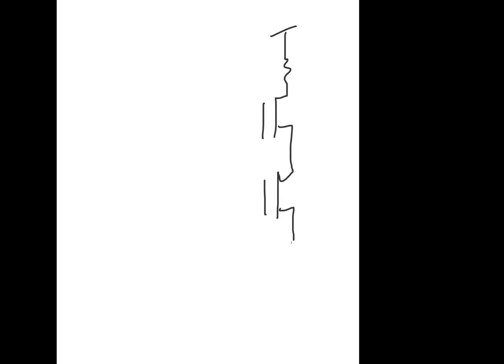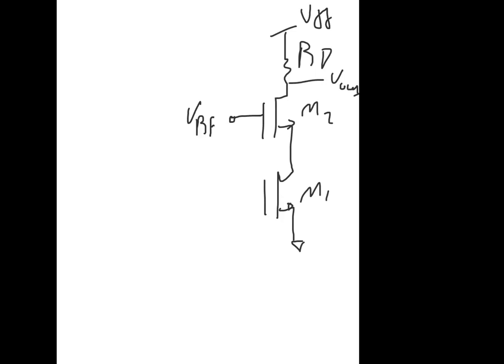طبعا single balance mixer is giving us as this is an M1, this is M2, and this is the V output, and this is what we call the R of D. This is VDD. Select this one as VRF, and we select this one as VLocal oscillator. بالنسبة إن as we agreed together إنه VLocal oscillator أو local oscillator wave